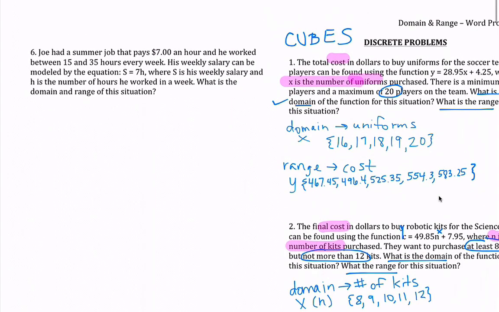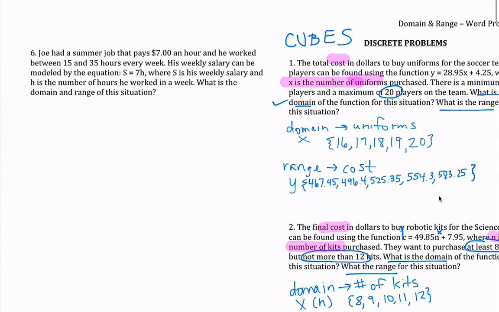Joe had a summer job that pays $7 an hour, and he worked between 15 and 35 hours every week. His weekly salary can be modeled by the equation S equals 7H, where S is his weekly salary and H